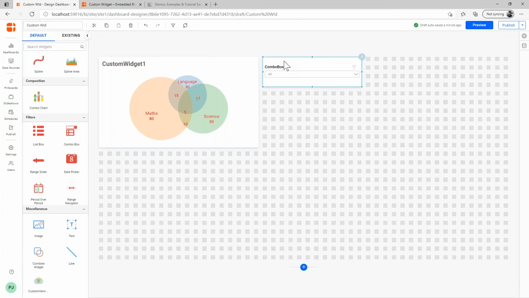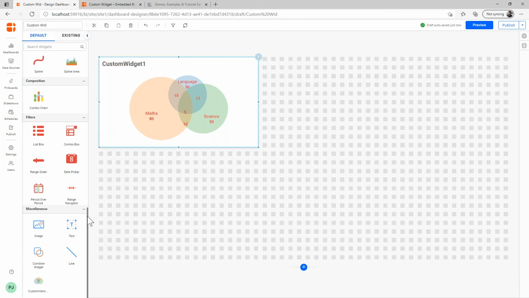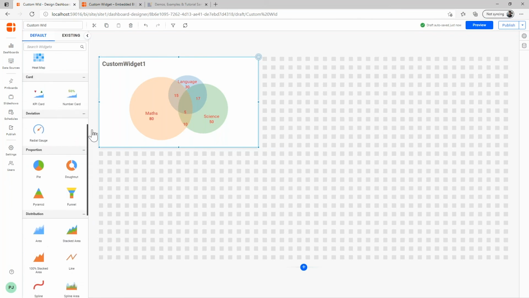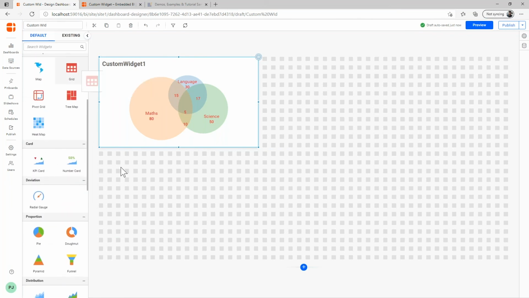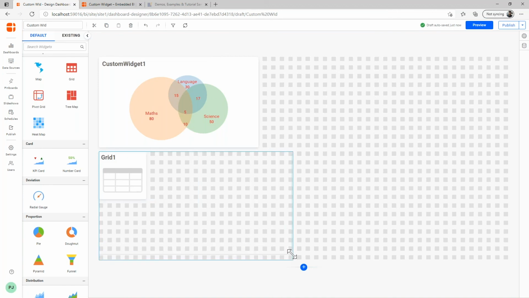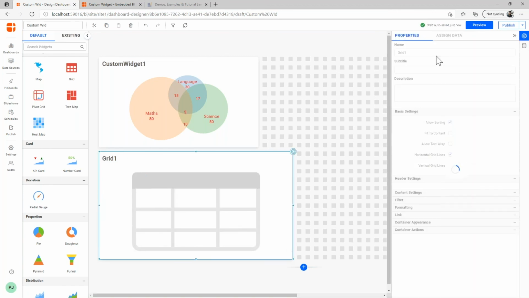So for that, let me remove this, and I will add a grid for better explanation. Let me add a grid here at the bottom, and I can add the columns here in the grid.